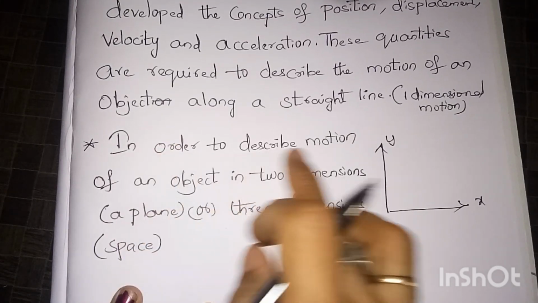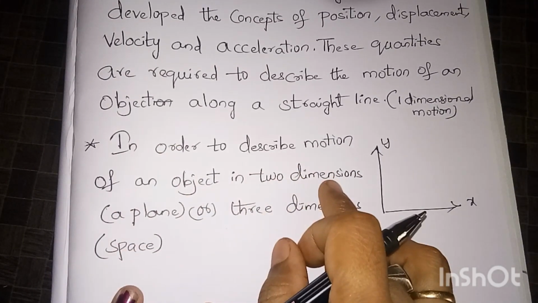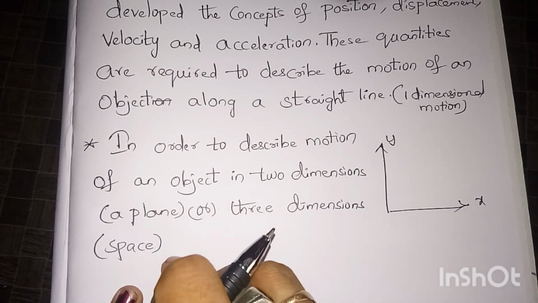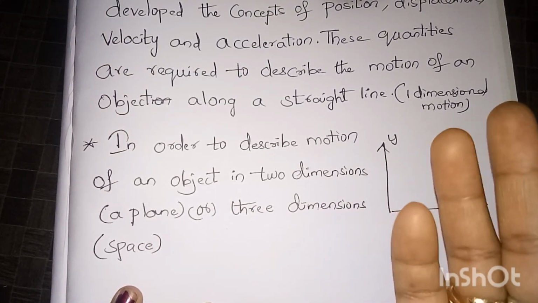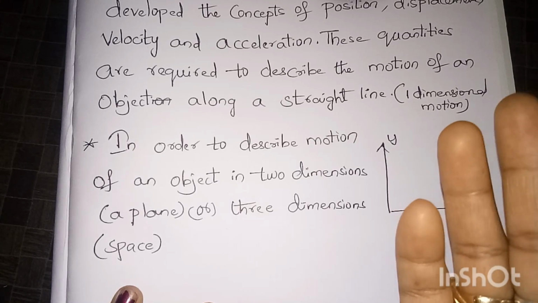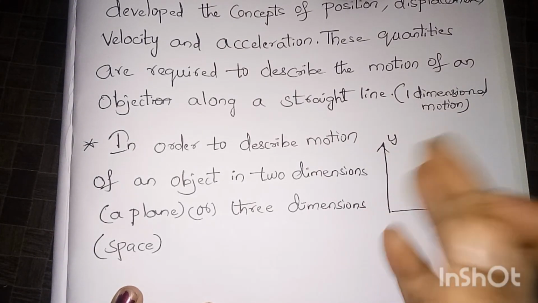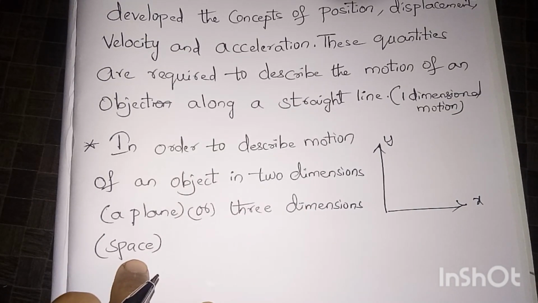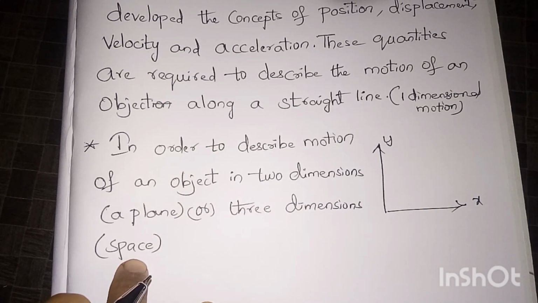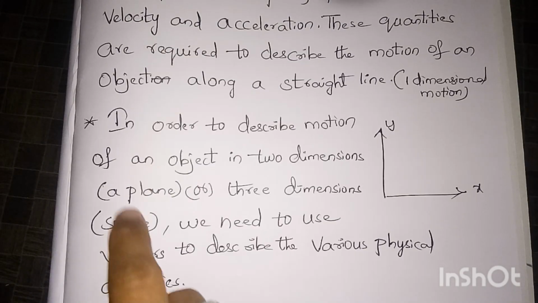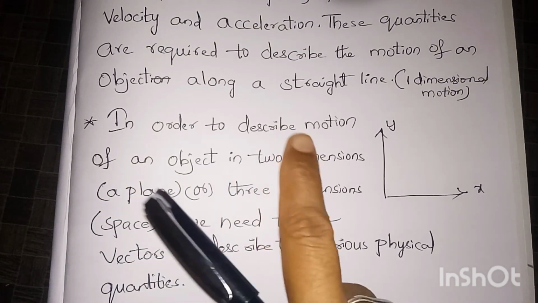So in order to describe motion of an object in two dimensions, that is a plane, or three dimensions. If an object is moving in three directions or three axes, the object is moving in space. So motion in space represents the object is moving in three dimensions. So to describe the object